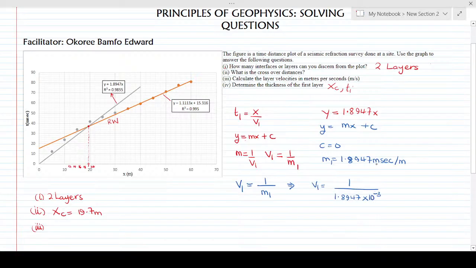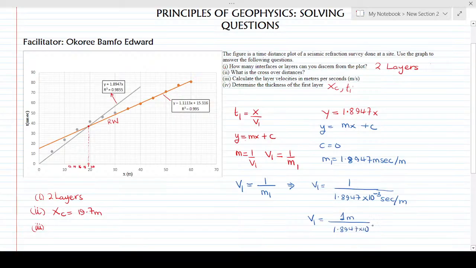The reason we bring in 10 to the power negative 3 is the milli. The question asks for our answer in meters per second, so we have to change the milli. So we have seconds per meter, and the meter will go up, so V1 is equal to 1 meter over